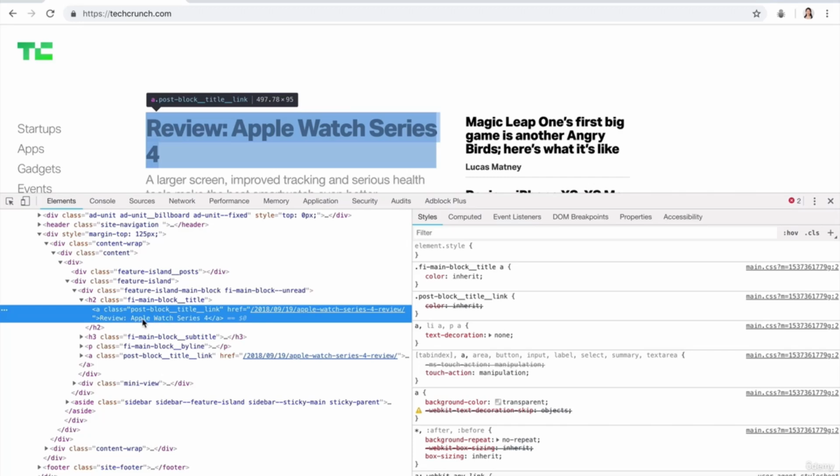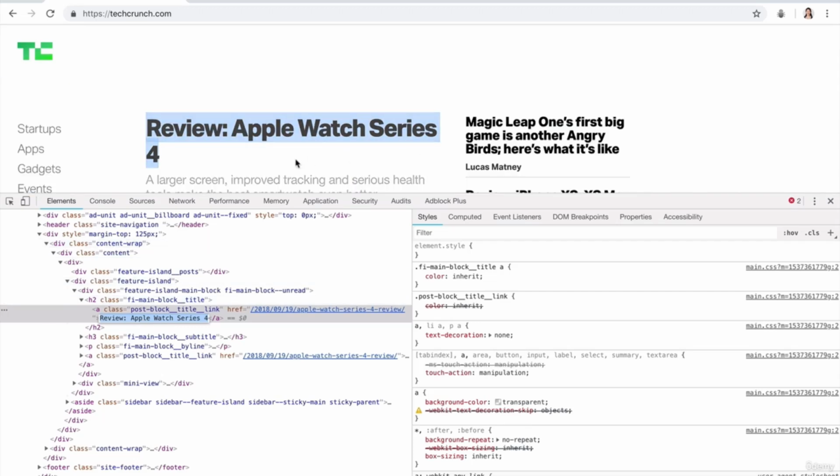So right inside Chrome Developer Tools, if you double click on the bit of text that corresponds to the title, you can actually edit it. So let's go ahead and change the front page of TechCrunch. Let's say something like,